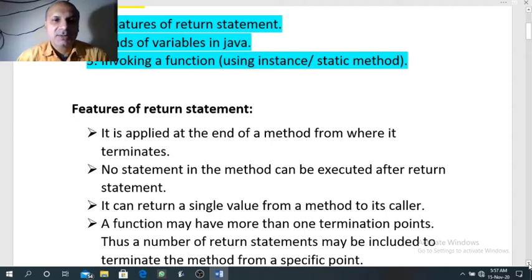Out of the data types, byte, short, int, long, float, double, char, boolean and string, we can write any data type instead of void as a return type. When a function is designed to return the outcome or result to the caller, but if the function does not return any value, in that case the return type of the function is mentioned as void.